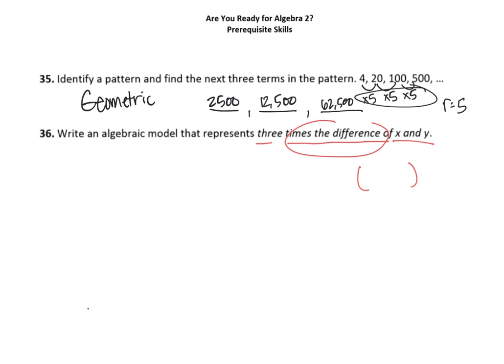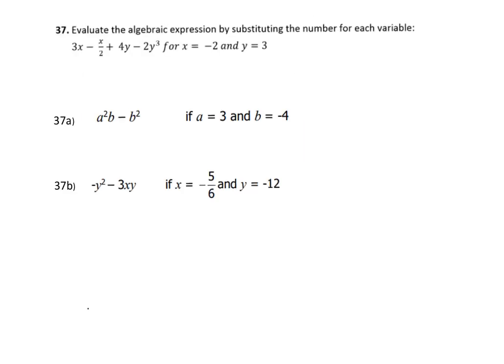So we're going to put 3 on the outside of these parentheses, and then we have x and y inside, and difference means subtraction. So when you have times the difference of or times the sum of, it translates into like a distributive property problem. Okay, number 37, we're evaluating algebraic expressions for some given values that we're going to assign to x and